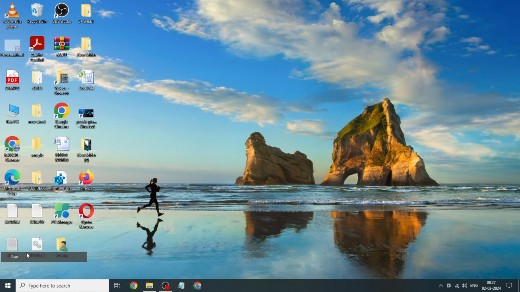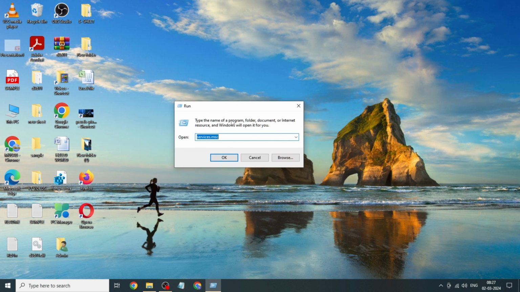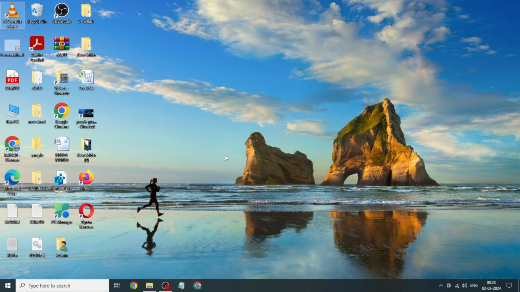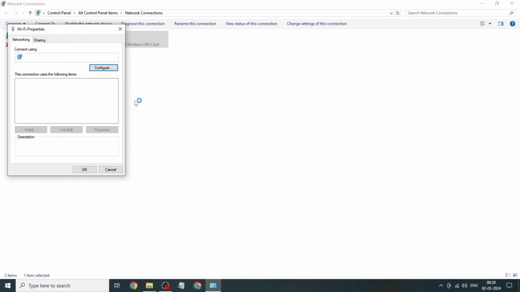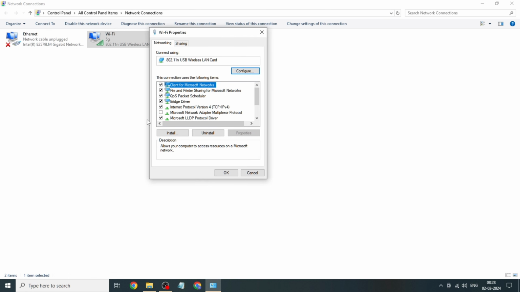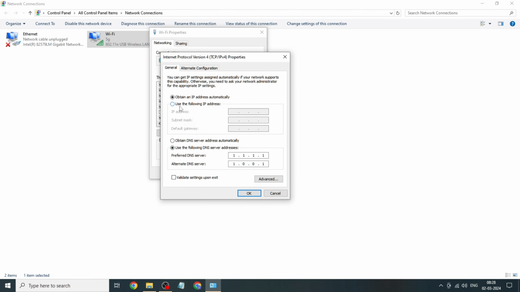Right click on start button, click on run. Type ncpa.cpl and click on OK. Right click on Wi-Fi, click on properties, click on Internet Protocol version 4, click on properties, select use the following DNS server address, preferred DNS server 1.1.1.1,